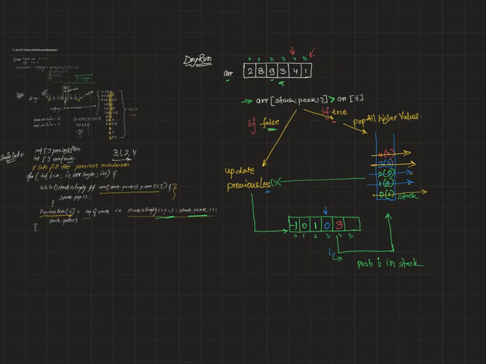So now the stack is empty. So it will go, the stack is done. Then it will go here and update. So the stack is empty. Then -1, and we'll put this value over here, which is 5 1. So at the end you will see the stack has just 5 1, and we are able to fill